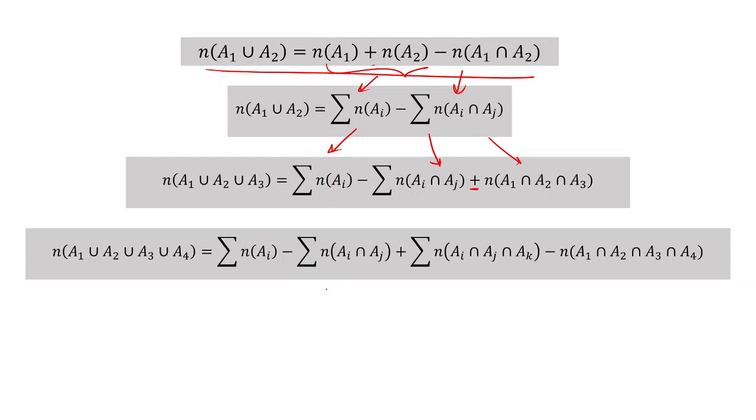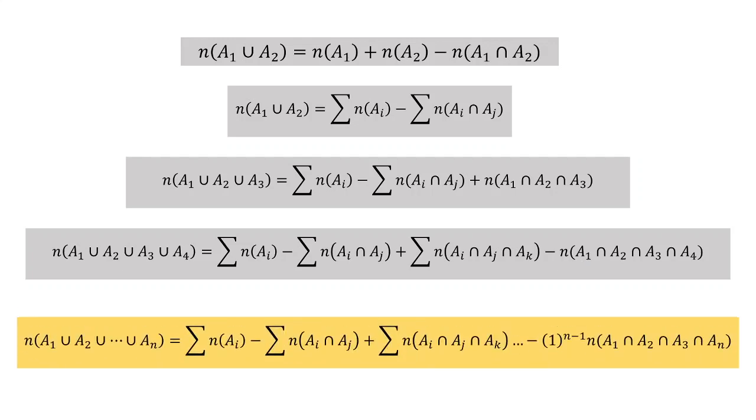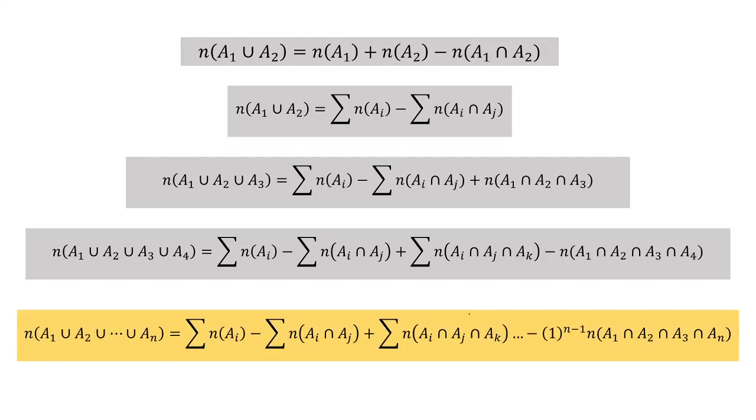So for 4 sets, it should go like you first add level 1, and then in level 2 you subtract the intersection of 2 sets, and in level 3 you add the intersection of 3 sets, and in level 4 you subtract the intersection of 4 sets, and there would be only one such term, so I don't need to write a summation here. Anyways, and in the general case, this formula should look like this,